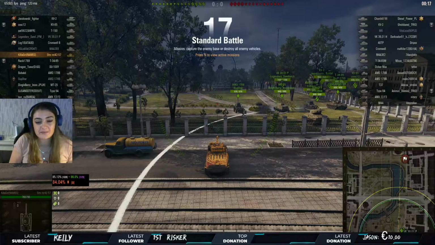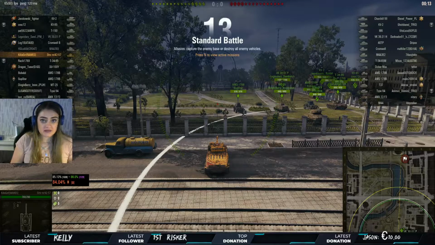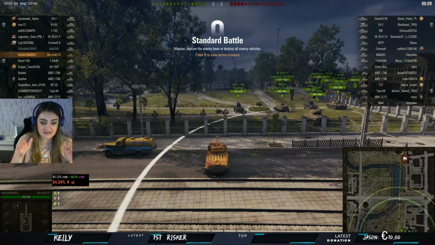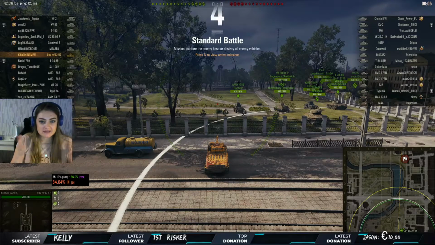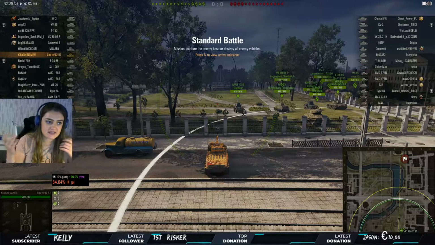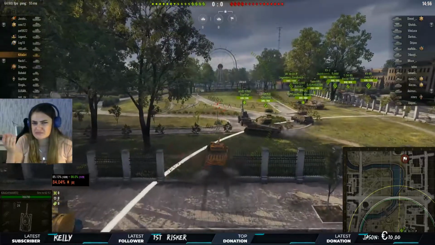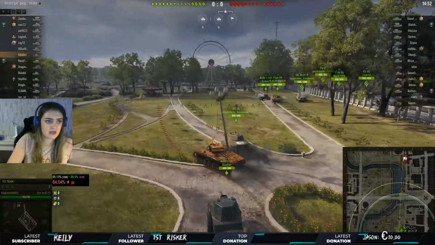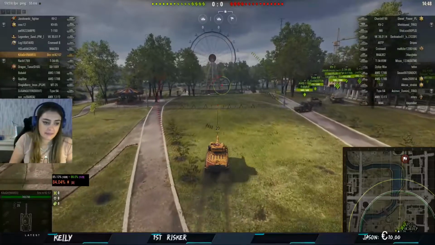But anyways, I played this game while I was second marking this Strv. I free marked the Strv 74, I think it's called, a tier 6 Swedish tank, but not the premium one. This is a premium tank, which has an auto-loading gun, 4 shells in a clip, and